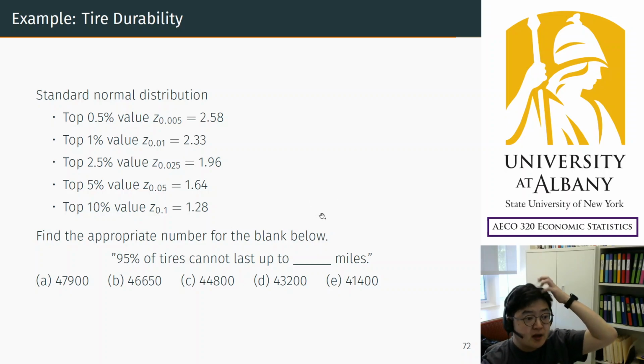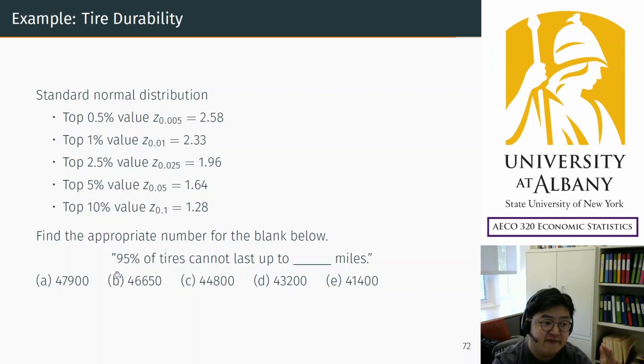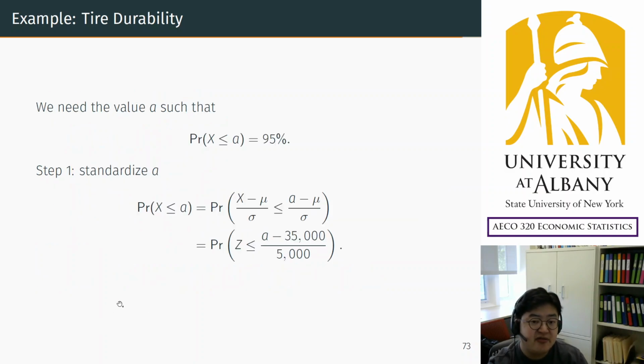Okay, so think about this. 95% of tires are below this number. So this number is 95% from the bottom, or 5% from the top. Only 5% lasts longer than this, right? So we are going to use the top 5% value, z subscript 0.05, that is 1.64. So this number should be 1.64 standard deviations above the mean. So 35,000